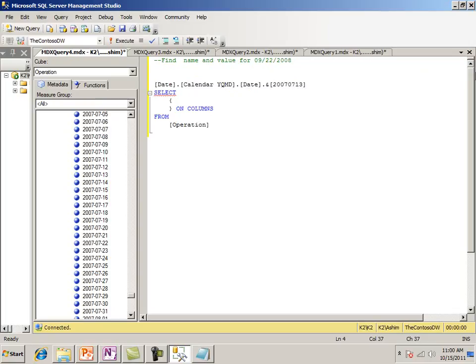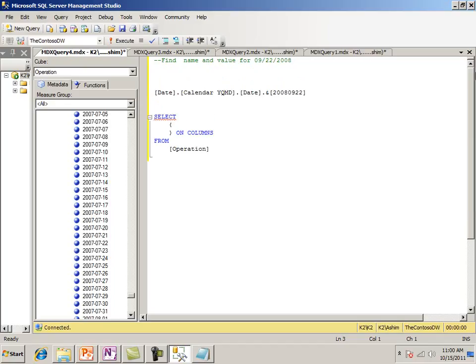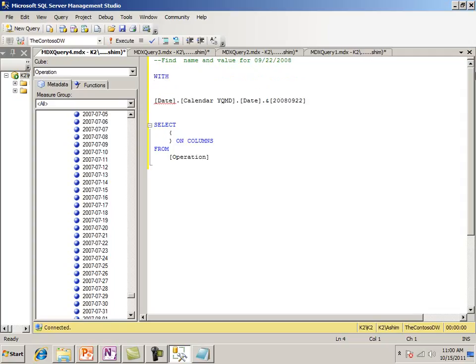We want to have 2008, definitely 9/22, right? So that's the date. So now we want to have a name and the value. Okay, so let's create a calculated member,